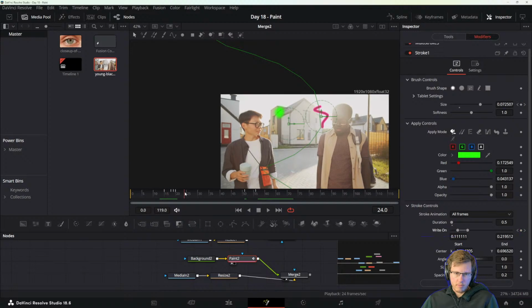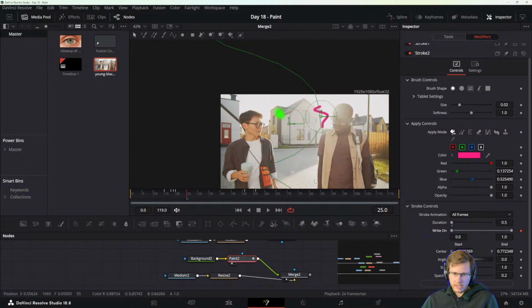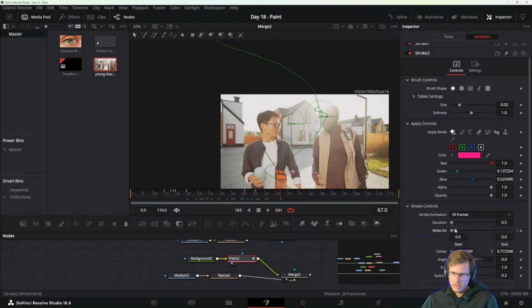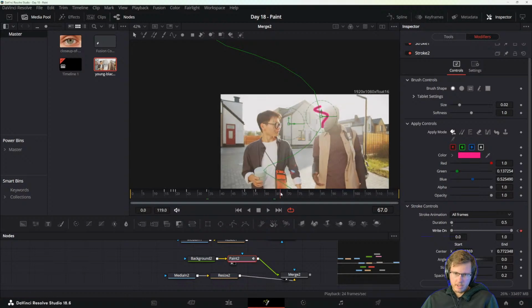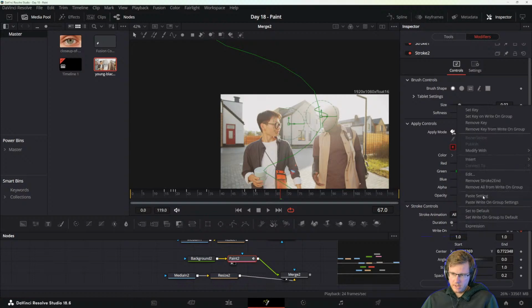And let's do the same with that pink stroke 2 here. Keyframe here. Start this bad boy at nothing, and then it goes over to here. We could make it longer like that, and then go to here. Just set a keyframe here. Same deal. This goes to the end. And we get the same type of animation, except that we could also